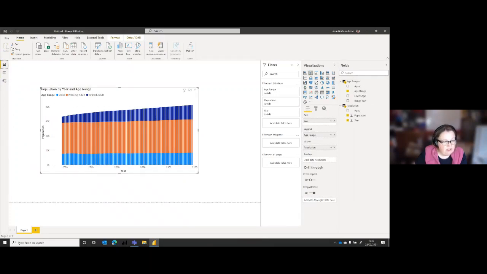Okay, so if you've got data that wants to sort in a particular way, this is the way to do it. And as you can see here, we can see the proportion of people over 70, so the retired population, is getting bigger. But actually our children is probably reasonably equal, and our number of working adults stays pretty flat. It's just the old people that are living longer.